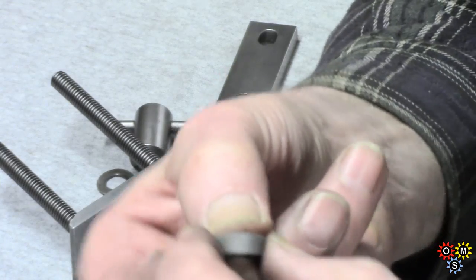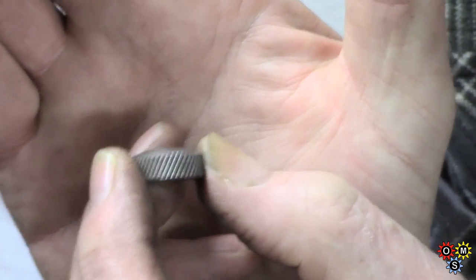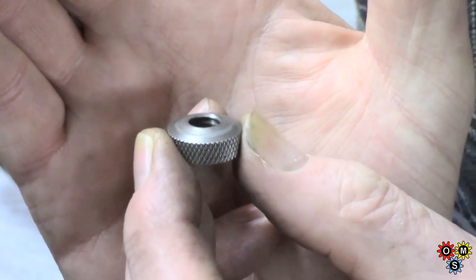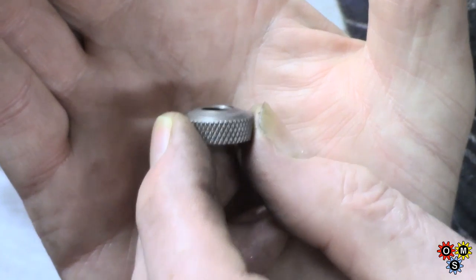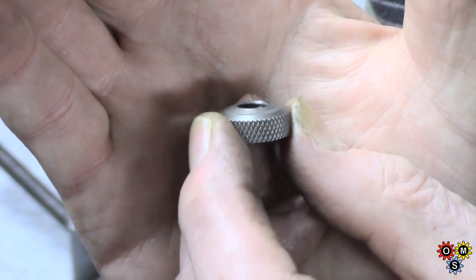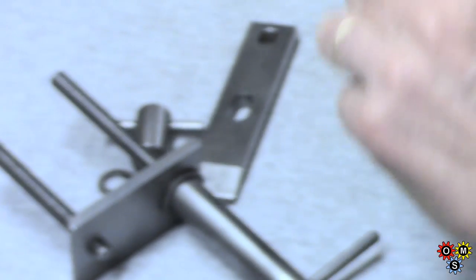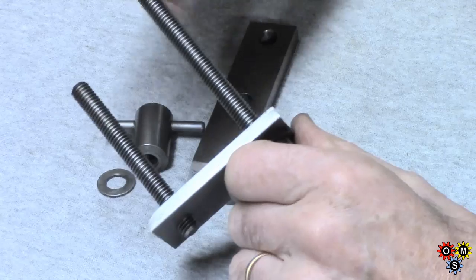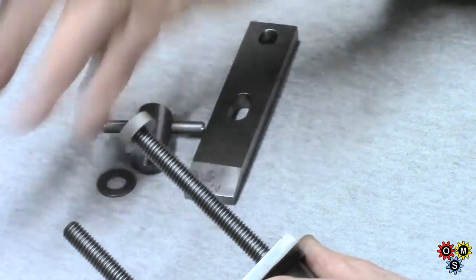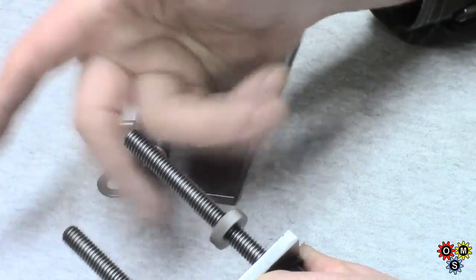and that it's made out of 3/4, knurled for convenience, and you probably can see there's a slight radius on it, and that's to allow for the tipping of the top jaw. So that will go on all the way down,